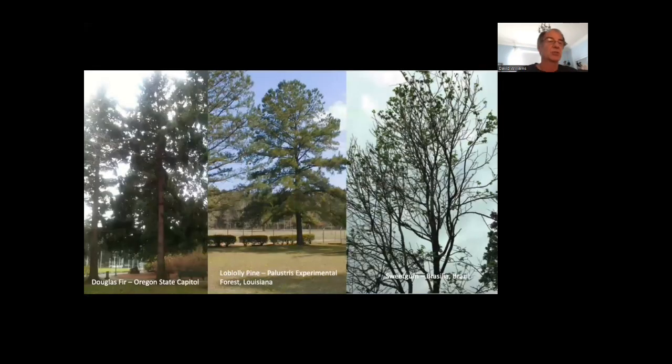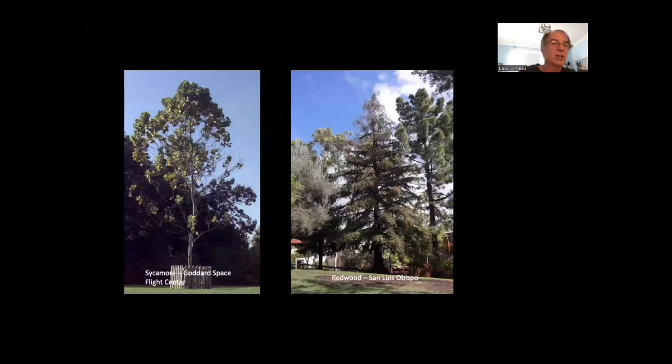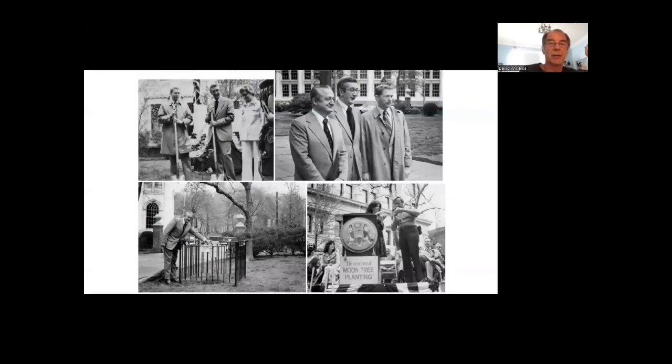And so they had the Douglas fir, they had loblolly pine. These are just some examples of grown moon trees that I'm showing now. They had sweet gum trees, sycamore, and redwoods. And what they did was they grew these things into all these little seedlings. And in 1976, they distributed them all over the country, the idea being for the bicentennial. And so they had a whole bunch of planting celebrations for the bicentennial.